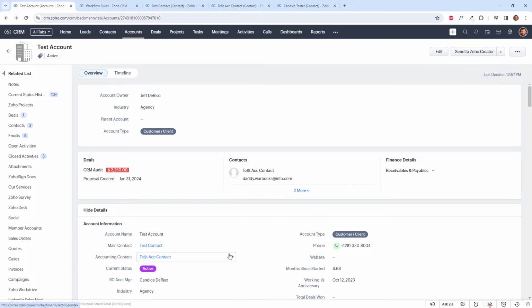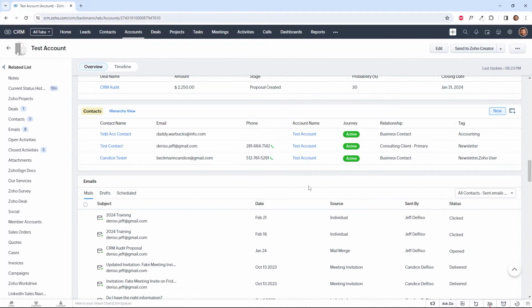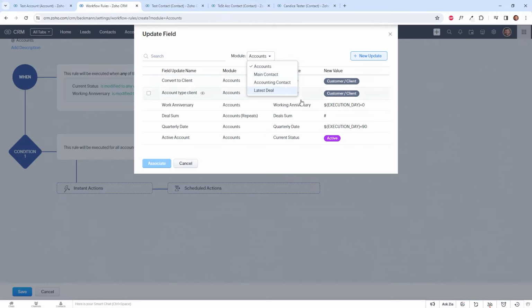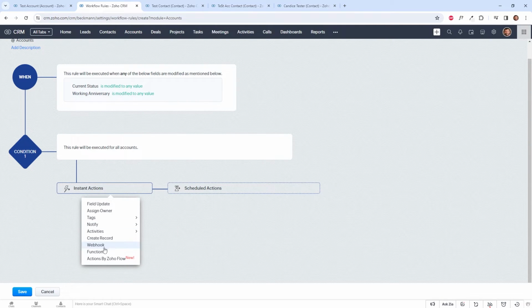But the problem is I have 3 contacts for this account, and I want to be able to update all of them, not just the ones that are referenced in these lookup fields. For example, I could have 20 or 25 contacts, and it's not really a good solution to go create a bunch of lookup fields because you have a different number of contacts for every company. So the field update option only works when you have to update either the main contact or the accounting contact. But in this case, if we want to update all related contacts, we're going to have to use a custom function instead. So we'll click Cancel, and we'll go to Function,